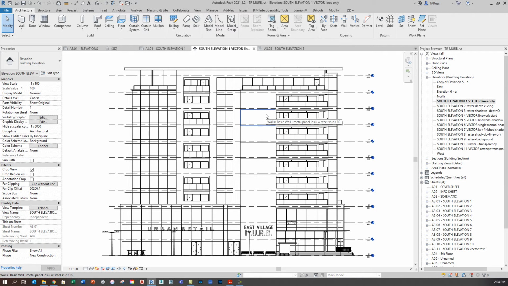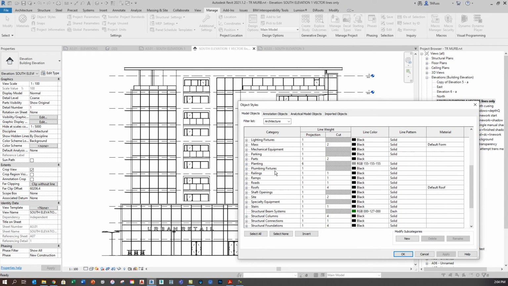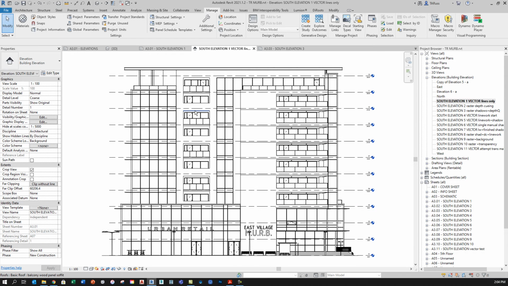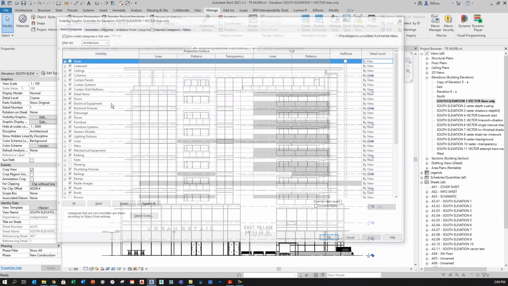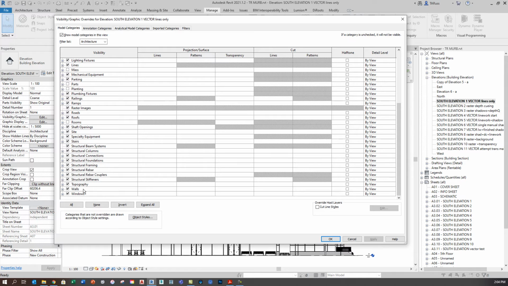Now, your first initial response to this might be, well, isn't there just a way to control line weights that doesn't involve any sort of customization? Can't we just use the object styles? And those are available, of course, on the Manage tab. Here on the left side, this is where we set our line weights for things like, for example, walls. And even if we didn't want to go with this sort of project-wide strategy, couldn't we just use, for example, the visibility graphic overrides and maybe just set up some custom conditions for the walls in